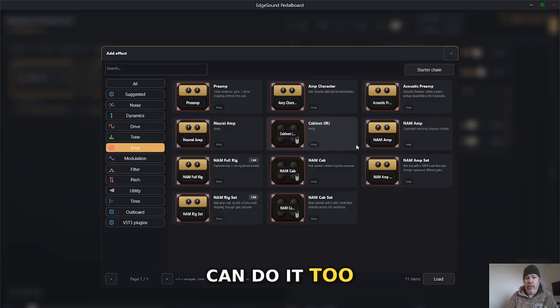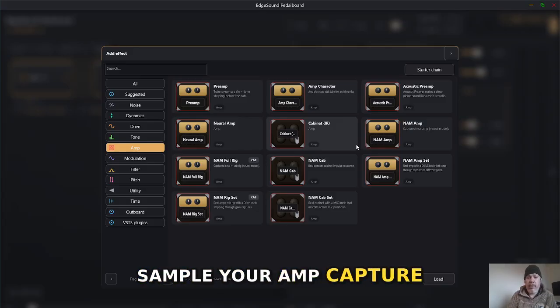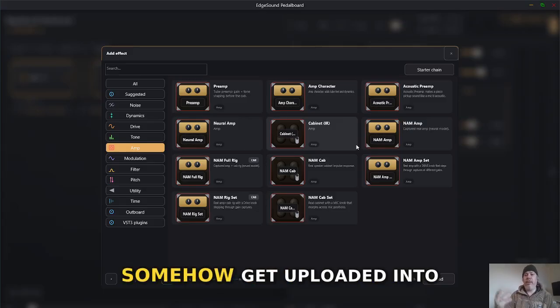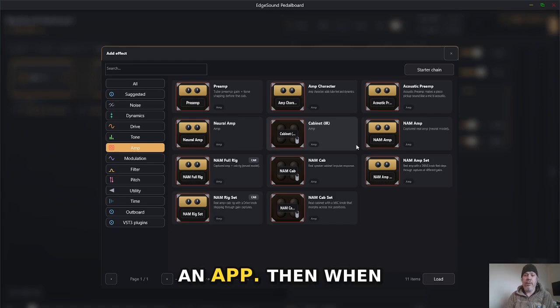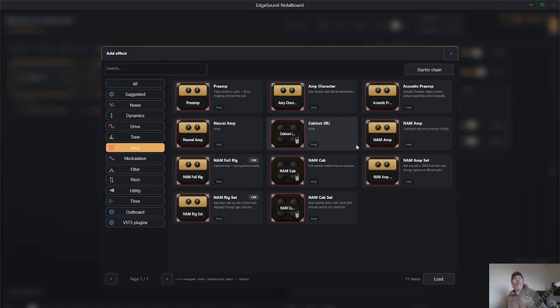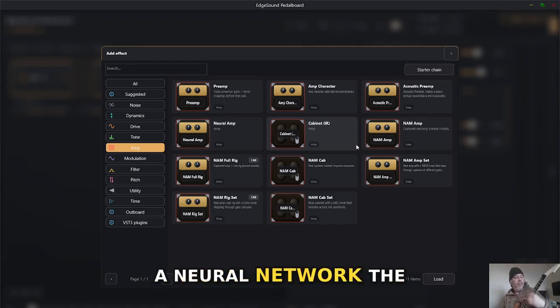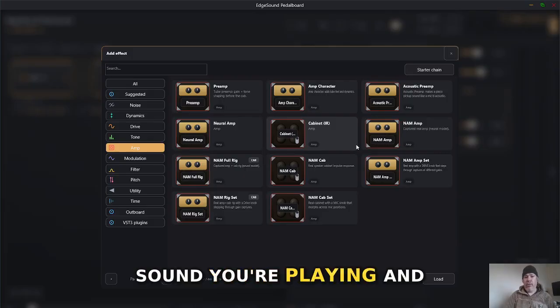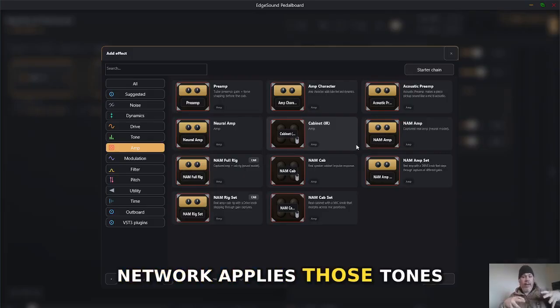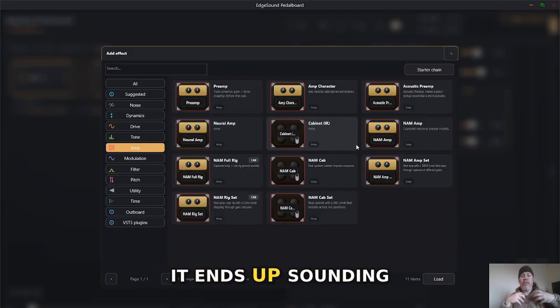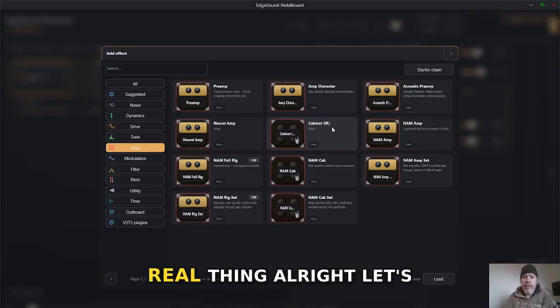You could do it too. There's lots of software for it. You sample your amp, capture it, and those tones somehow get uploaded into an app. Then, when you play, your signal runs through a neural network, and that network applies those tones to your signal. So it ends up sounding really close to the real thing.